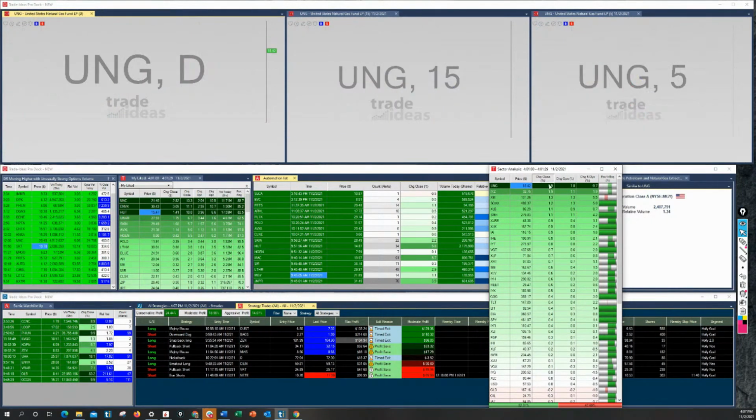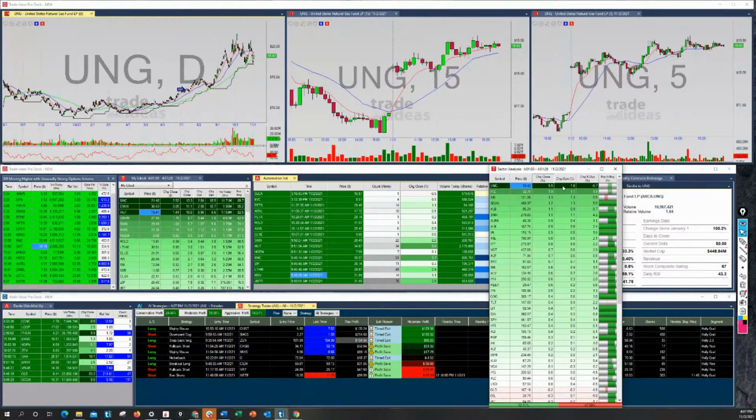Nat Gas right at the top of this again. And not only did it gap up big, it had a nice change from open, closing 1.8% up from its open, actually. All right. So its open is here. We're up from that open, and we had this big gap up. So why wouldn't I want to participate in Nat Gas?